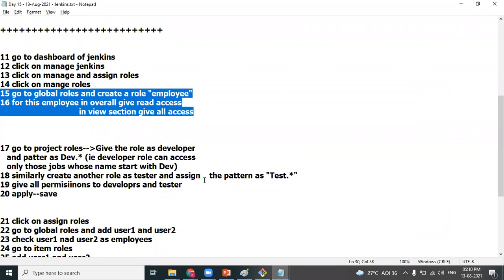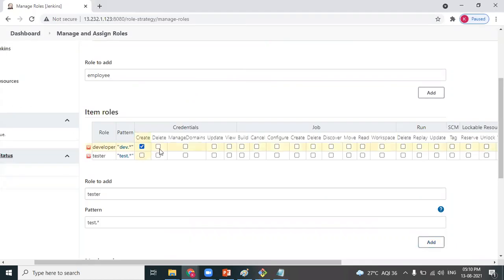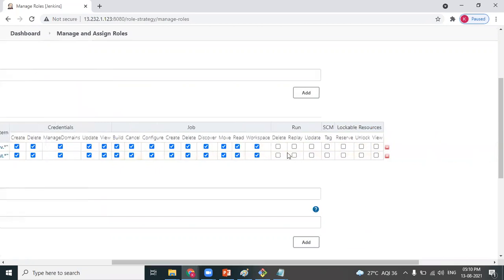Give all permissions to the developer role and tester role. Let's create all the permissions. Done.